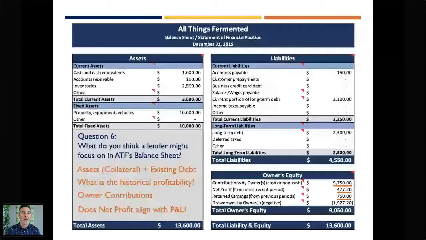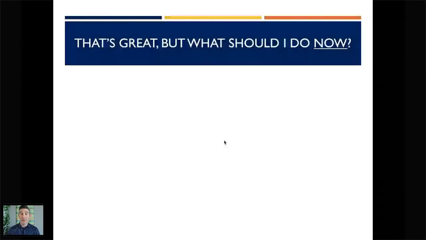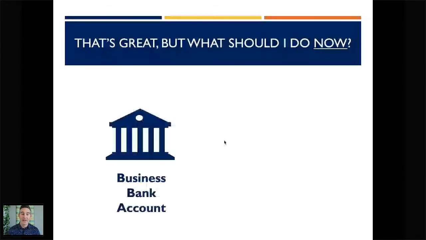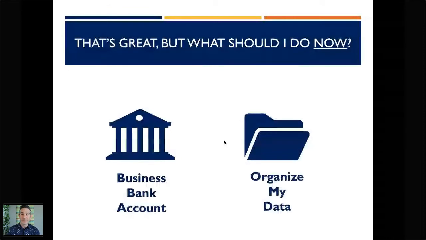so thank you. All right, so now that we've gone through that, I want to do the same thing that we did last week and acknowledge that's all great, but you probably are wondering what you should actually do now. So I'll start with the same basic advice. Quickly, you want to establish a business bank account if you haven't already, and you want to start separating your business from your personal. Otherwise, it's really hard to understand, is your business profitable? What actually does your business own versus what do you own? Those types of things.